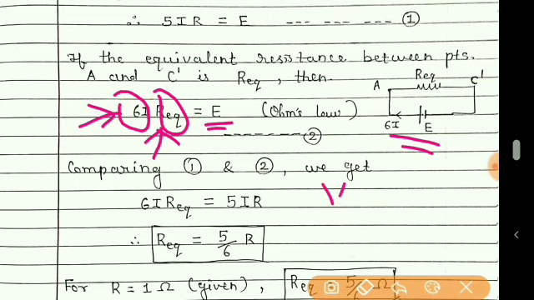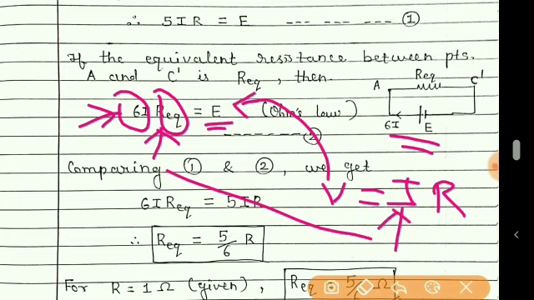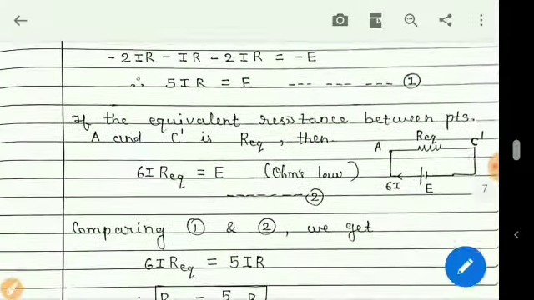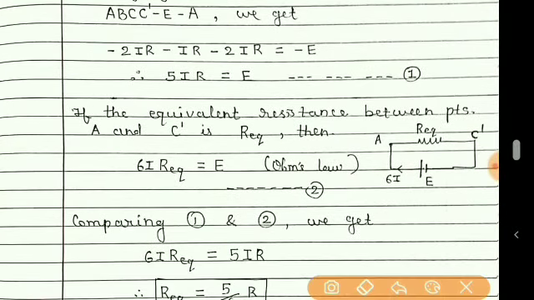It is like V is equal to IR. Here in place of V it is E, and current I is 6I from the battery and R is REQ. So this is nothing but Ohm's law only. So applying Ohm's law, we get this. Let us give this equation number 2. Now you can compare these two equations. This equation is obtained by applying Kirchhoff rule to the loop, and this is according to Ohm's law.